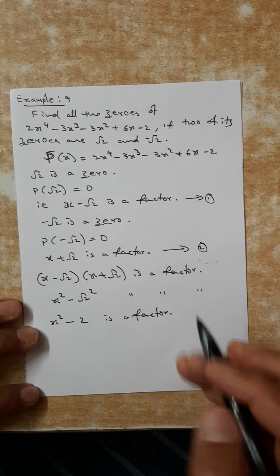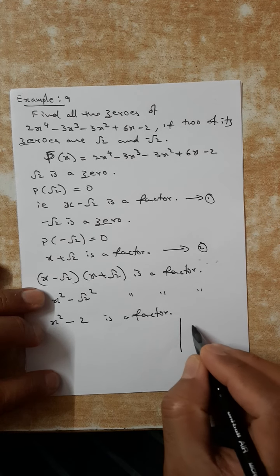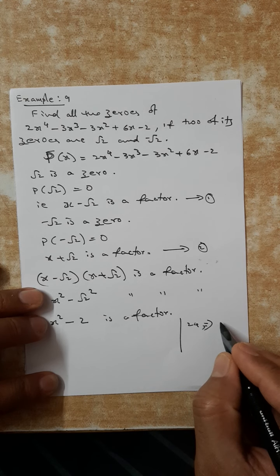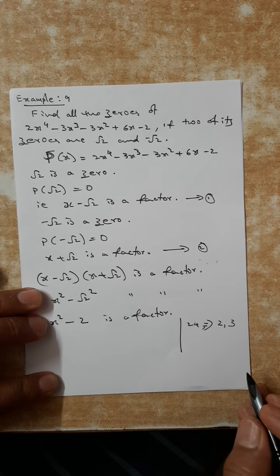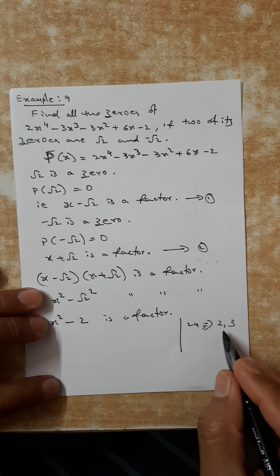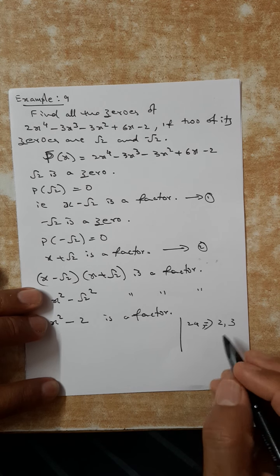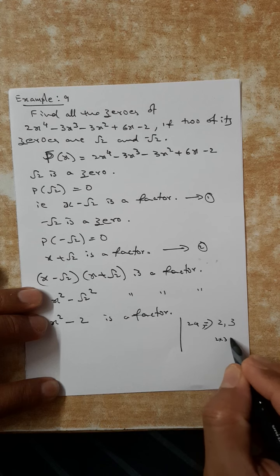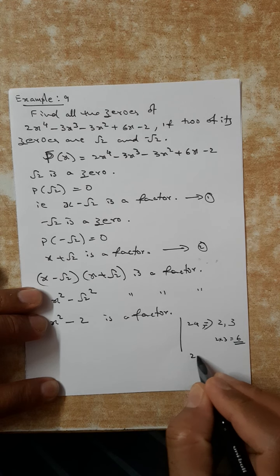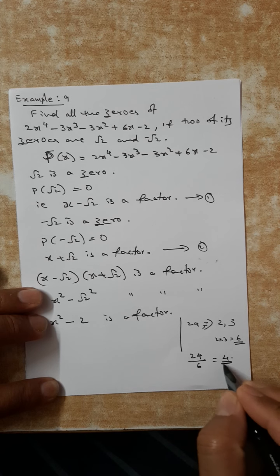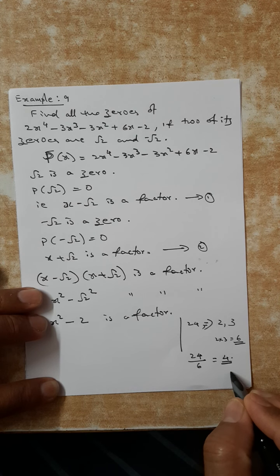If two factors are there, take the example of 24. Suppose we come to know that 2 is a factor and 3 is a factor. Someone told us that yes, 2 and 3 are factors of 24. That means we can say 2 into 3, that is 6, is also a factor. So we can divide 24 by 6, and 4 will come. Now our aim is to break only the 4 as 2 into 2.